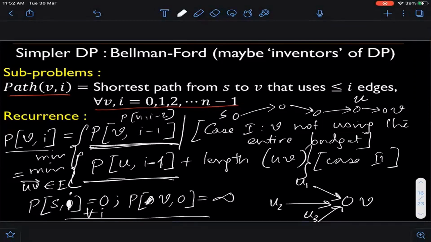Okay. So the way I've written the recurrence is, again, you will be using a DP table which is of dimension whatever V square. So we will do a lot of optimization. First of all, we will see that we don't need the DP table. If we just care about the distances, then we effectively don't need the DP table. And then also we have to address other issues. So if there is a negative cycle, how to detect the negative cycle, and so on and so forth. Okay, so let's do them next time.